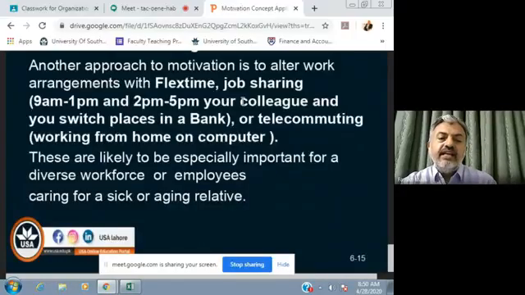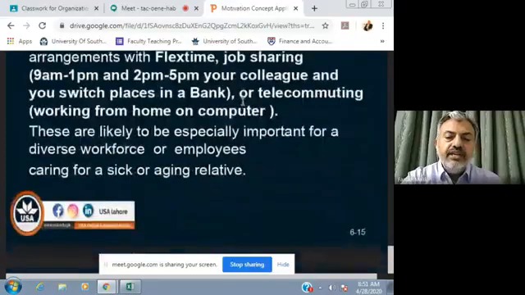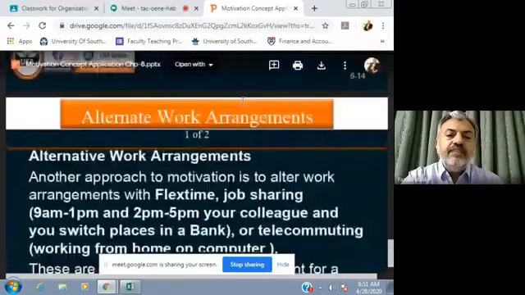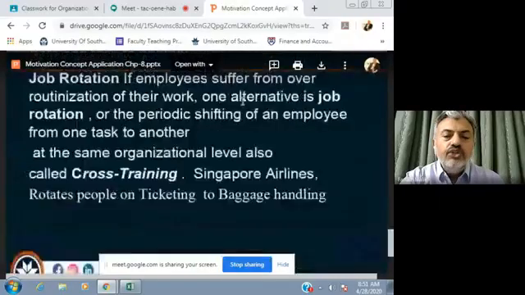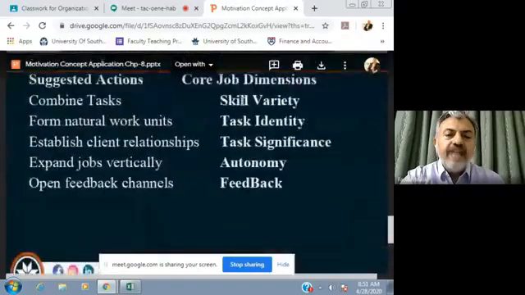And they can at times, if they have somebody to take care of, a sick or aging relative, for example, if they have to take their mother to the hospital or get some tests done, they can also do that in that telecommuting option that their company has provided them. So the employees remain motivated, and they put in their full effort to execute the tasks that have been assigned to them.